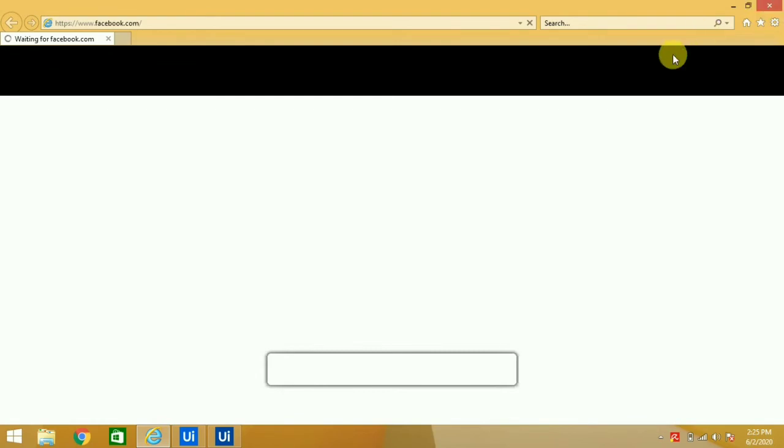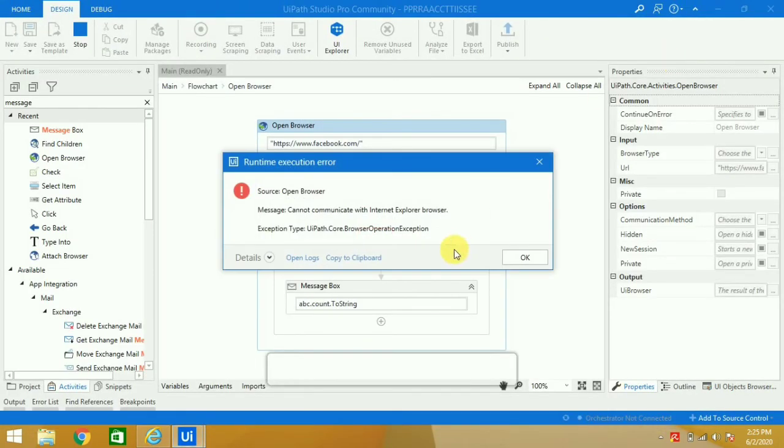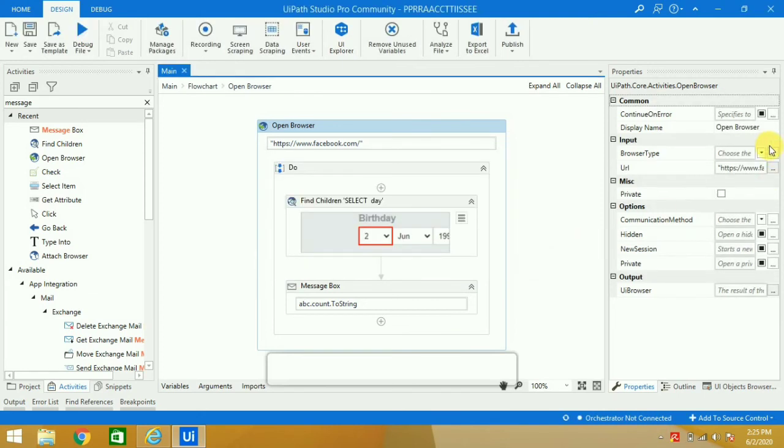Okay, let's see how it runs in Internet Explorer. It gives the error: Open Browser, cannot communicate with Internet Explorer browser. Okay, I will change the browser type to Chrome, and then I will see whether it is running properly or not.